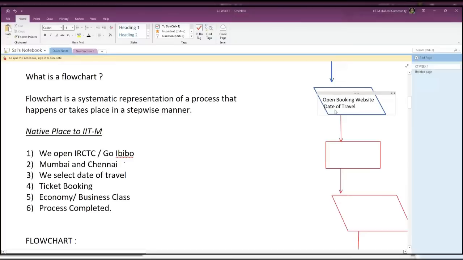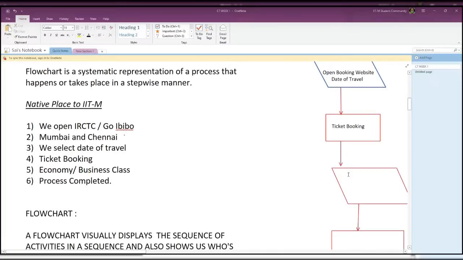And what should we keep in the rectangle box? As the rectangle box is used for a process, to denote a process that happens internally or externally or by the user, we just need to mention ticket booking. As the tickets get booked, we need to show the particular process of ticket booking, which happens internally on the server after we do the payment. And thereafter,